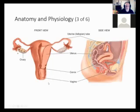And there's a picture for you. So you have to give a preview to these pictures. So you build up the anticipation, and then there it is. We'll spend more time on this, of course, when we do the obstetrics chapter. We'll go through childbirth and spend a lot more time on this. We'll spend a little time today on the